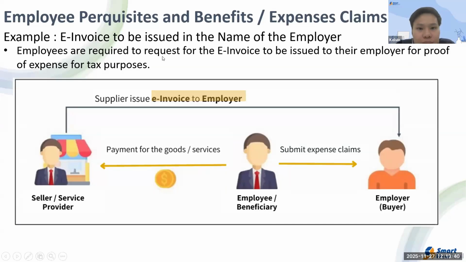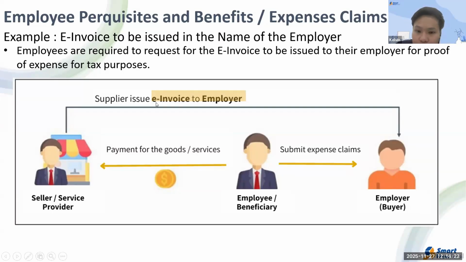Okay, so for example, an e-invoice issued in the name of the employer. Okay. So employees are required to request for the e-invoice to be issued to their employer for proof of expense or for tax purposes. Okay, meaning that let's say your employee goes to a petrol station. Okay, so we have two types of selections. Okay, if your employee